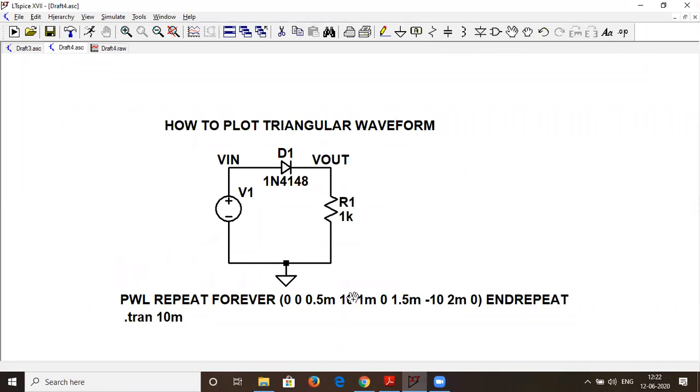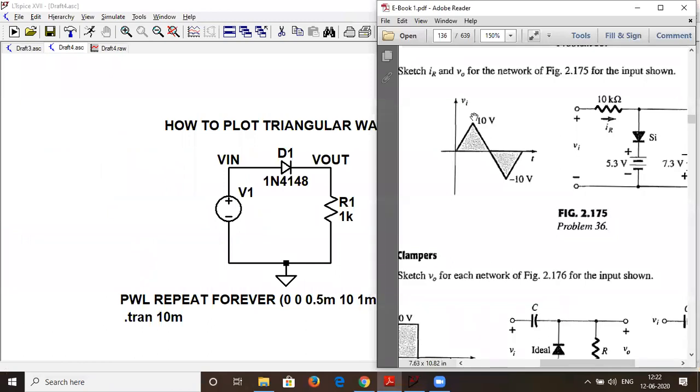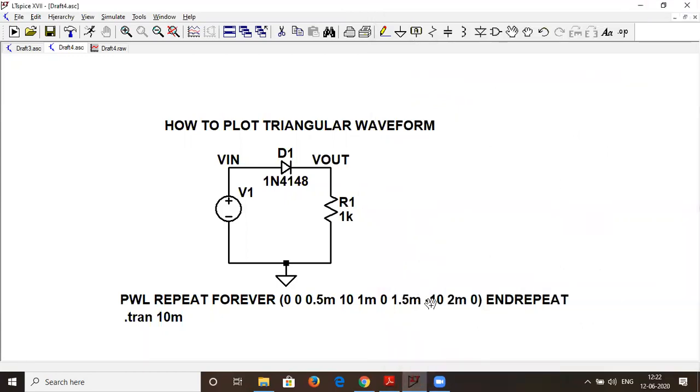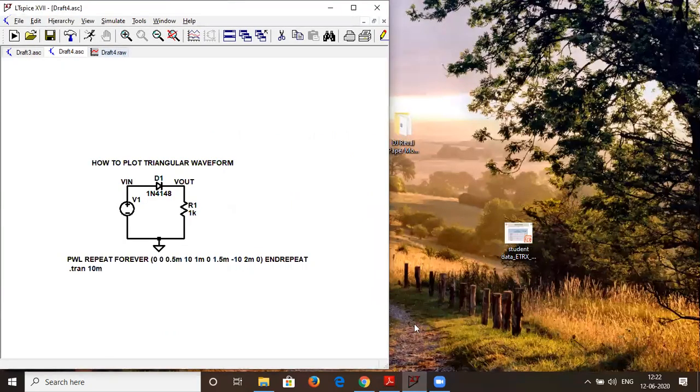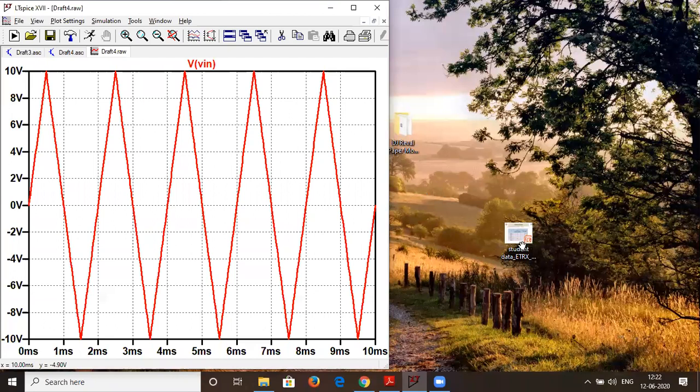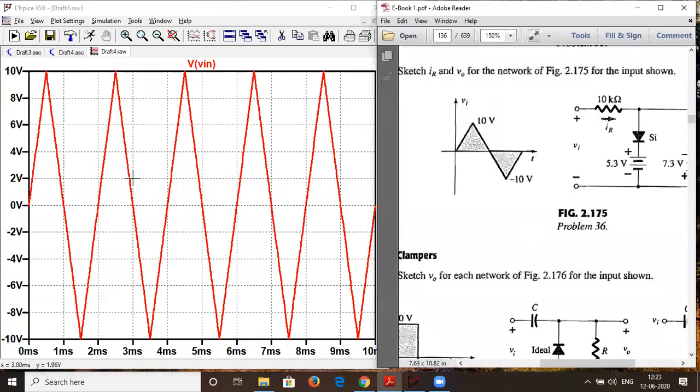The only thing is the data values I have already shown you. So maybe in some other numerical, this might not start at this magnitude, it will be different, so that magnitude you have to write differently. I taught you a general method, and this is a particular specific case. Is that understood? Yes, sir. So any triangular waveform you can plot like this with LTspice. So is your work clear?